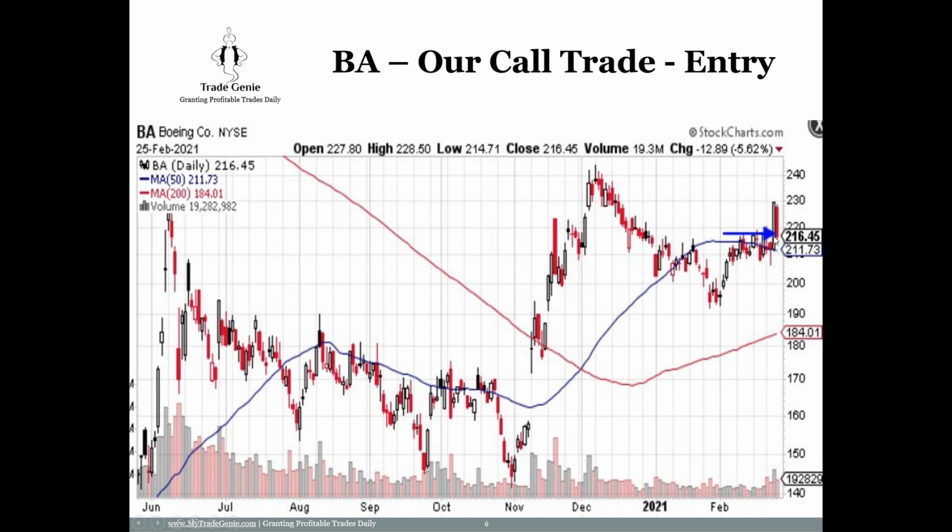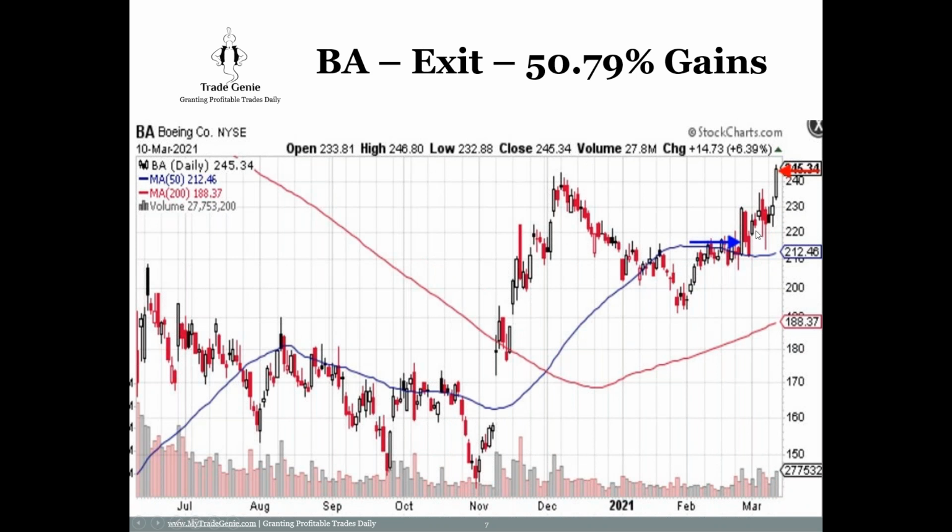So this blue arrow. We went long here, 25th of February. I made the chart quickly, so I'm forgetting the dates. So 25th of February, here is the 25th of this February, we went long on Boeing. Target 250. Now you see, it pulled back for 2 days. When it's pulling back after this big move, it looks like a giant hand.